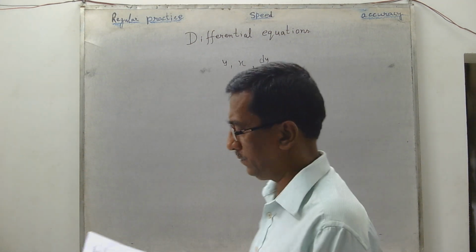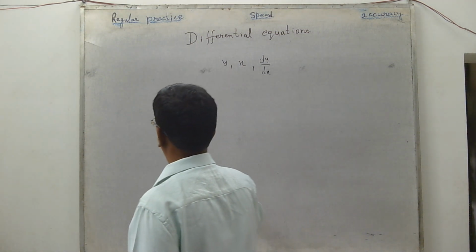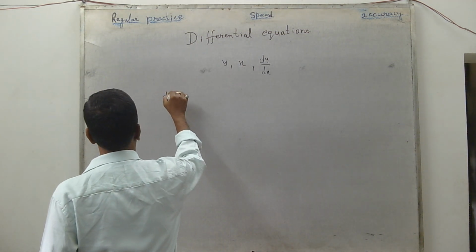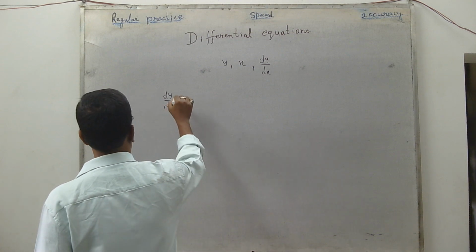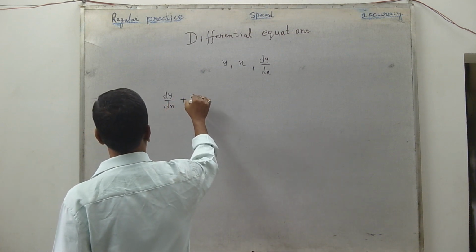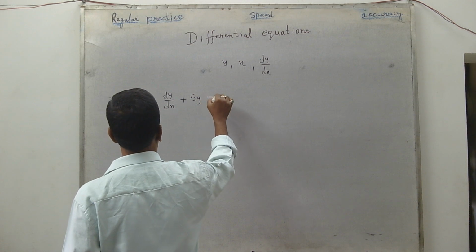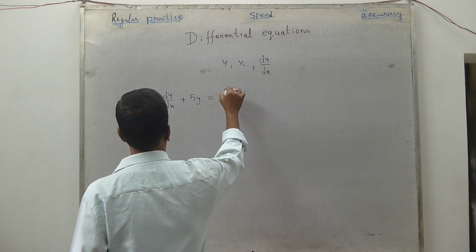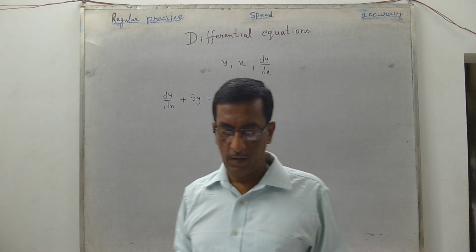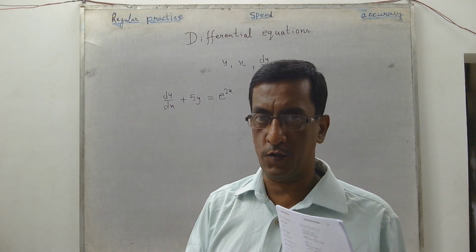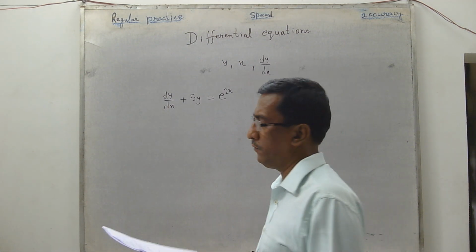For example, dy by dx plus 5y equal to e to the power 2x. ये है differential equation. Similarly, we can write